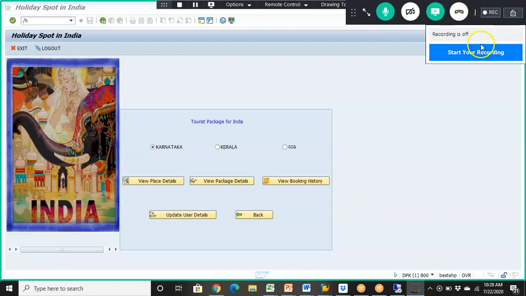Now the issue here is that when we click on the view package details, we are not getting the expected output in the ALV. The ALV has already been built, but when we click on view package, that ALV is not getting opened. So that's the issue. For this, what we'll do is from here,